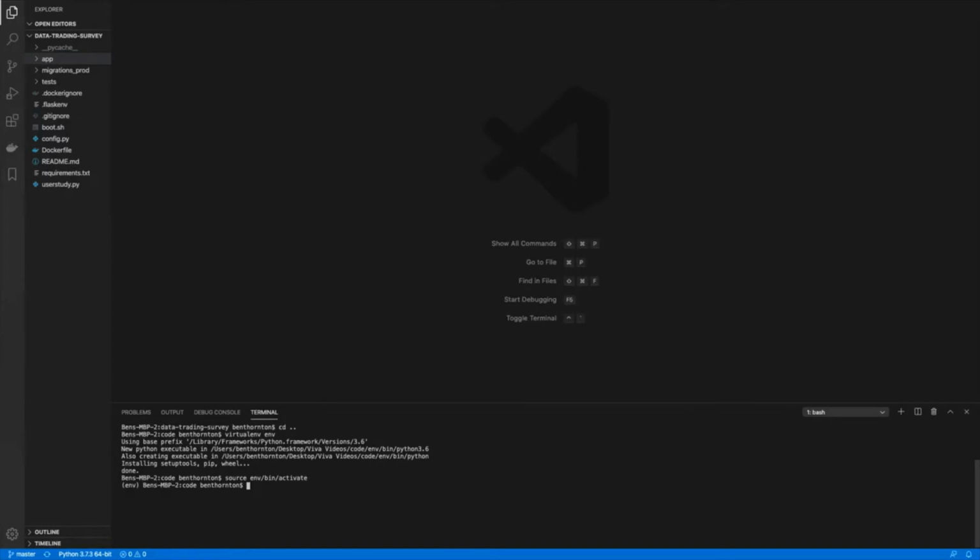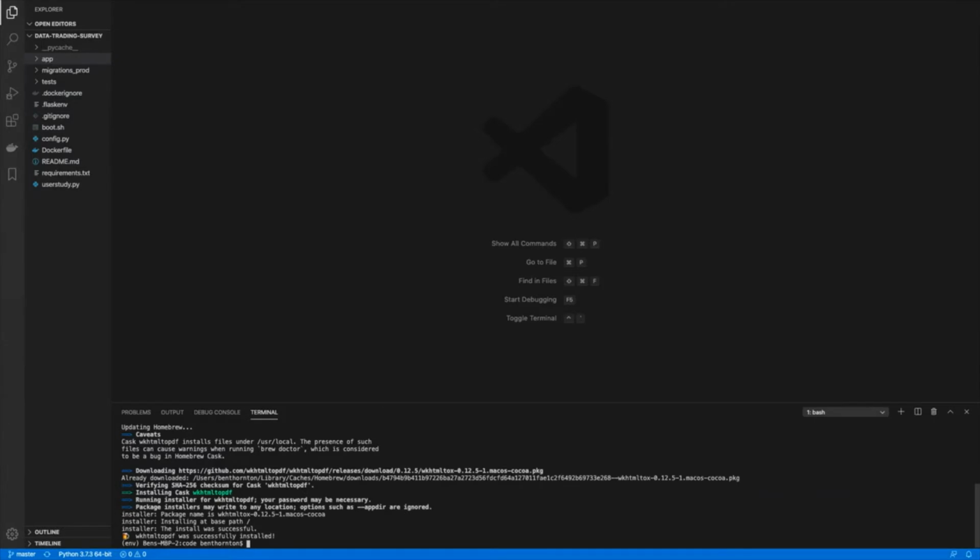So once it's active, we're going to use the package manager brew, which is, I'm using Mac, so I'm using brew as a package manager for things outside of Python. And that will depend on what system you're running on, which package manager you decide to use. So we're going to be installing this package called wkhtmltopdf, which is used in the project.